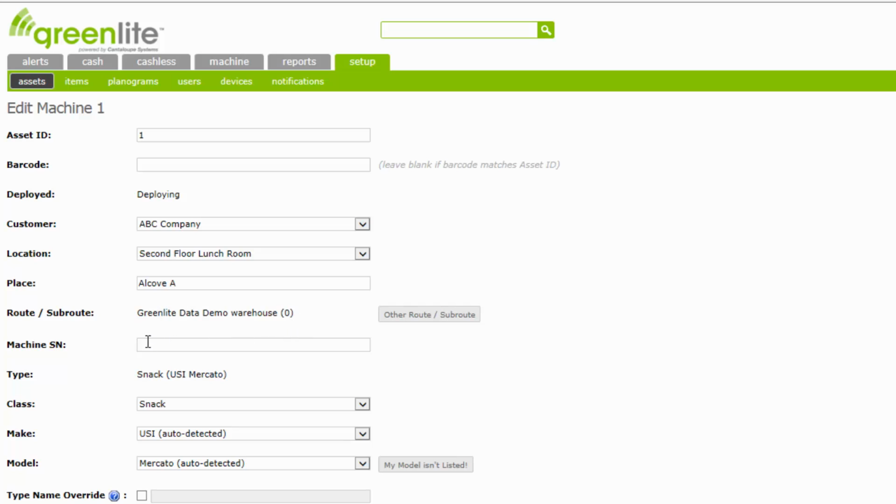The machine serial number field is optional. If desired, type in the machine's serial number here. In the type field, the entry displayed here is not directly accessible for editing. The value seen here is a combination of the entries at the next three fields. Whenever possible, each of the following values can be detected by Greenlight and will be displayed automatically. If necessary, you can add or edit information at any of these three fields, and the three-part entry for type will be updated.